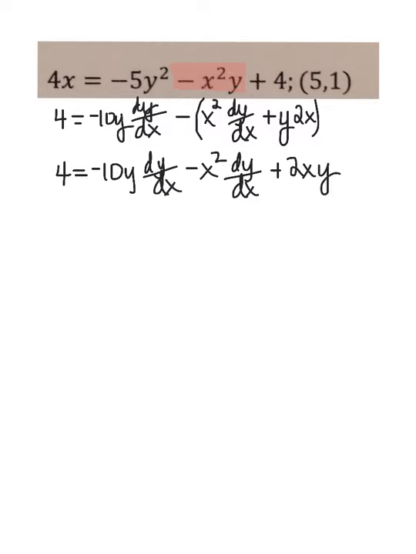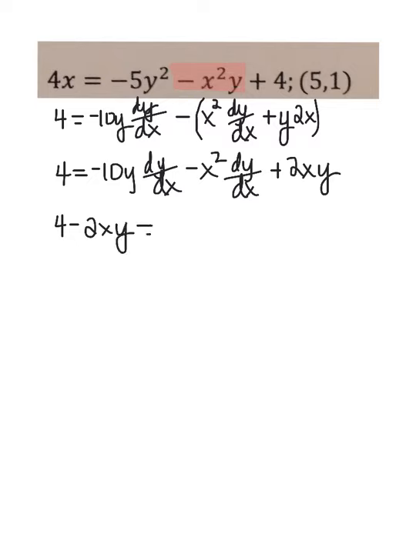Okay, so now remember when we have something like this and we have more than one dy/dx, we like to get the dy/dx on one side, and we like to get everything else that doesn't have the dy/dx on the other. Well, these guys are already on the right, so I'm just going to leave them. So I'm going to move this guy over here with the 4. And since it's positive, moving it to the other side is going to make a negative. So I'm going to have 4 minus 2xy